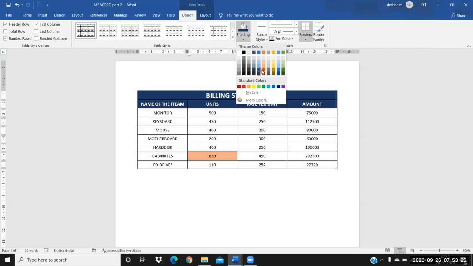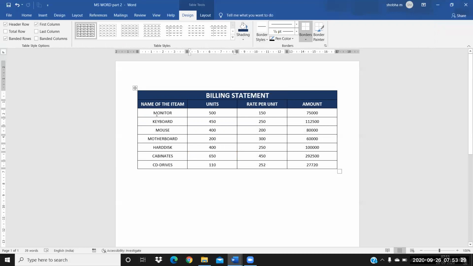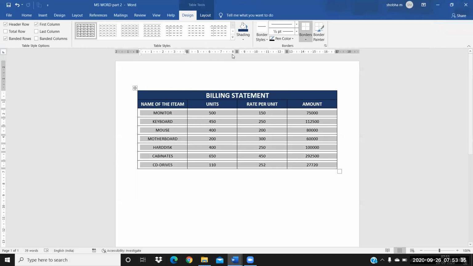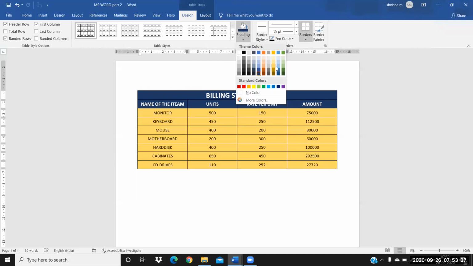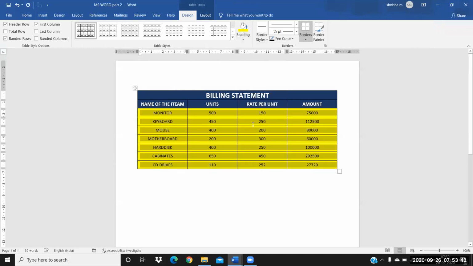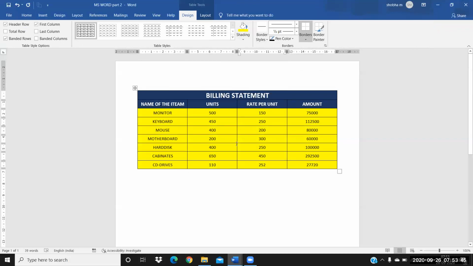Here also I'm inserting a shading. I'm selecting these things and putting a shading here also. See, wherever I'm putting a shading, it will give you shading colors like this. This is just a shading color. Shading is something you can customize on your own. You can do all the customization on your own.